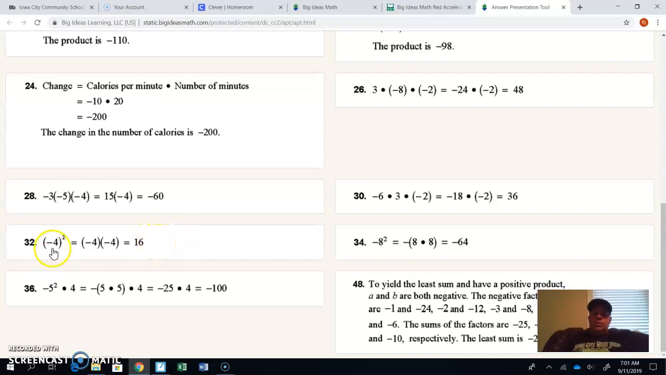For 32, remember when the parentheses is in there, that means negative 4 times negative 4, as you can see, which is 16. Remember, this one means the opposite of 8 times 8, which is right here, so that is why that is negative 64. Number 36, we've got negative 5 squared, which is this, which is negative 25 times 4 gives us the negative 100. And the last one